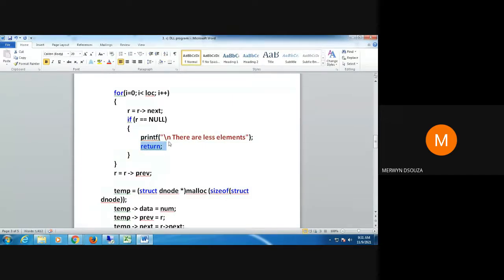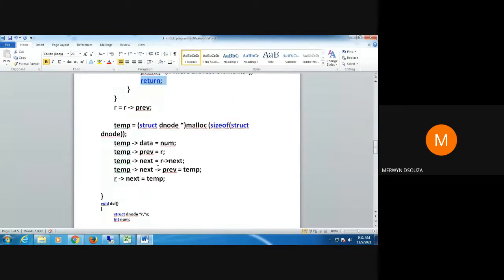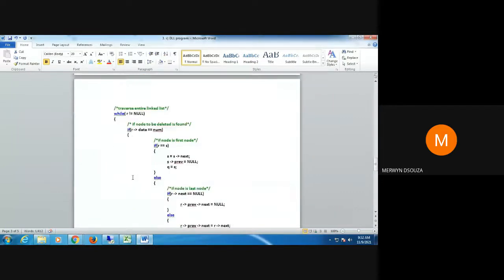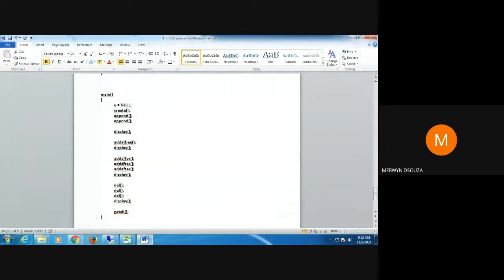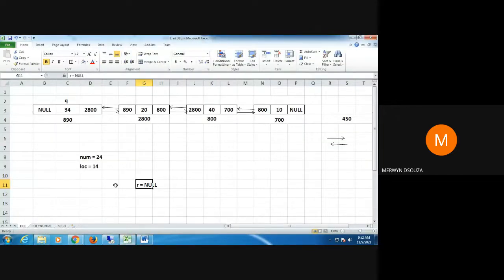When you exit this function, you directly go back to your main function, from where you called it. Clear? That's how it will work when I ask for LOC as 14. And obviously your local variables also get deleted.